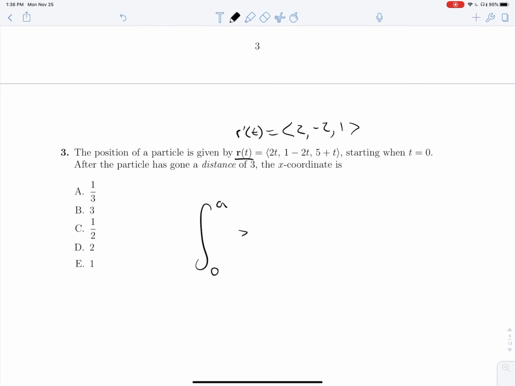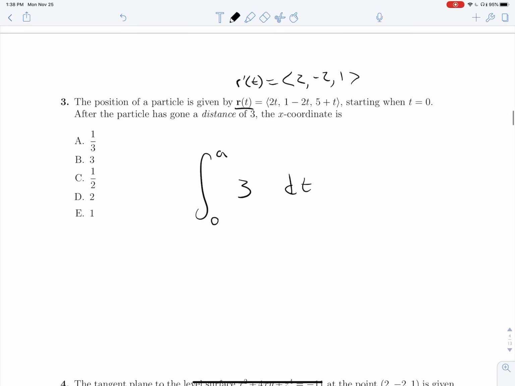And so this simplifies down to 3 dt. And so we are essentially solving the equation 3t on 0 to a. So 3a minus 0 equals 3